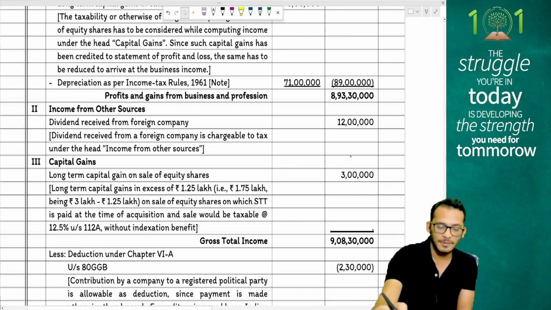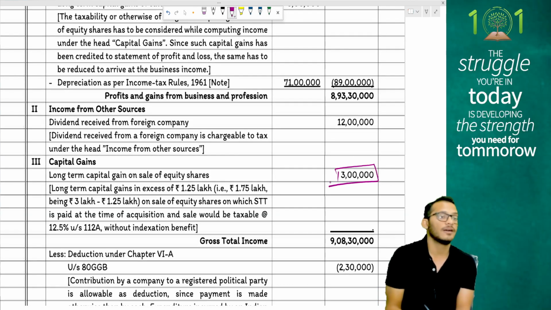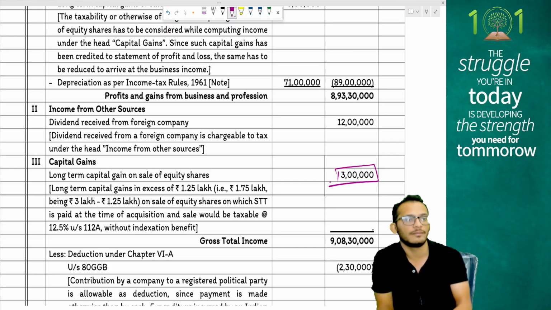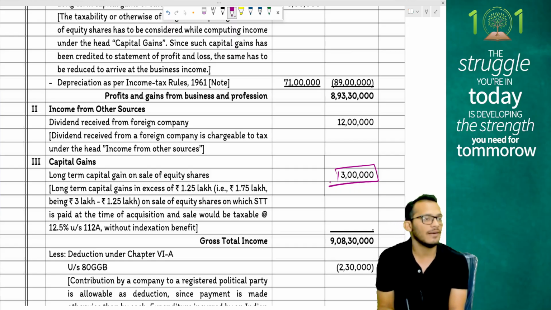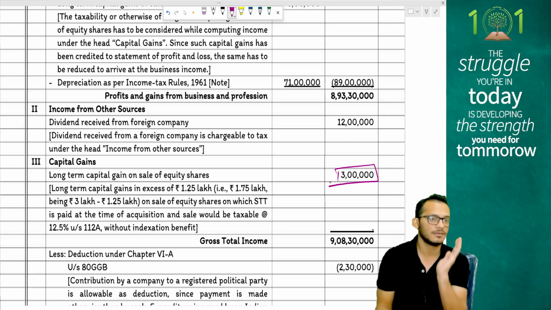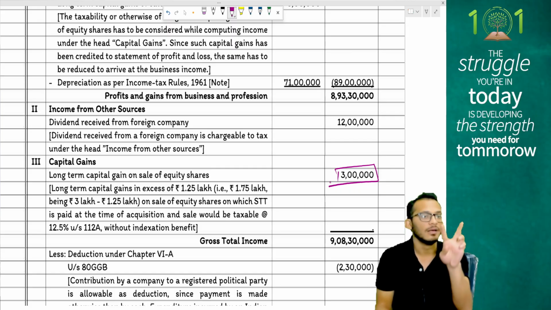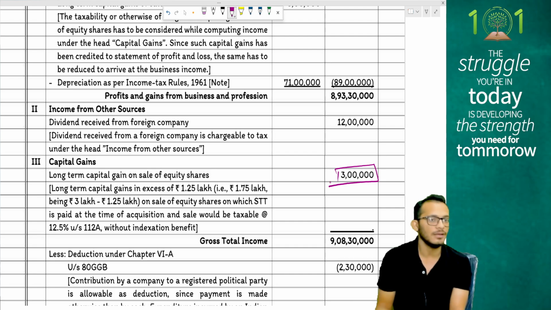Coming to capital gains, people have only taken 3 lakhs as 112A, which means they have also assumed the same thing, that I have a block and the block is not ceasing to exist. So you are right on this, based on the differential numbers. Is that clear? That adjustment alone, please highlight it and keep it.